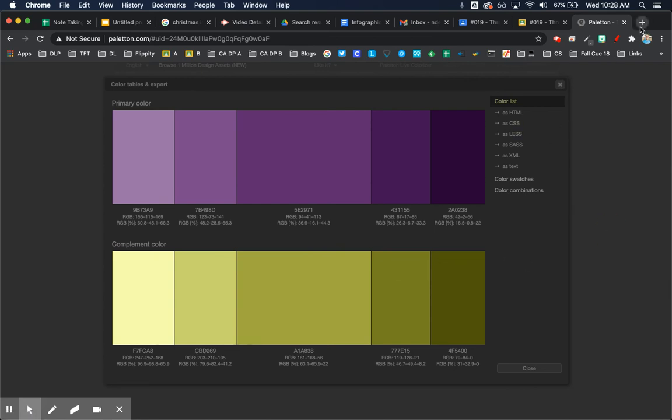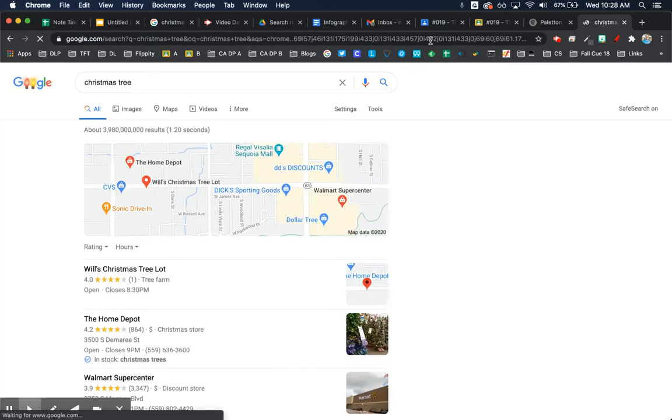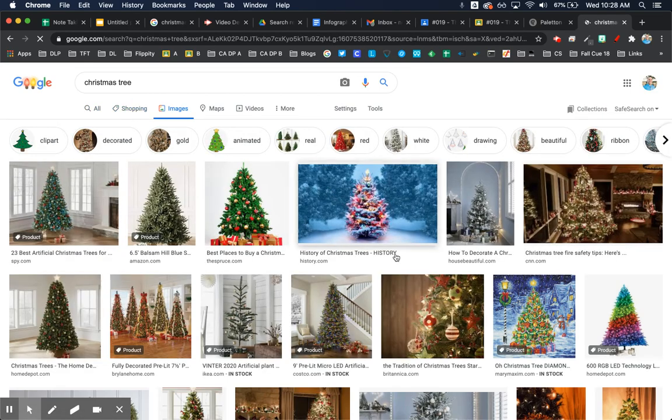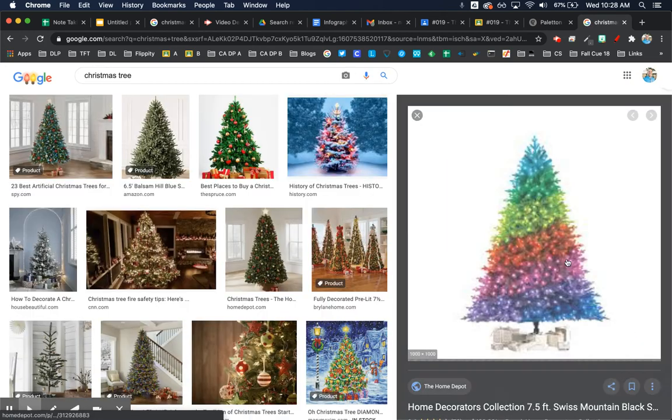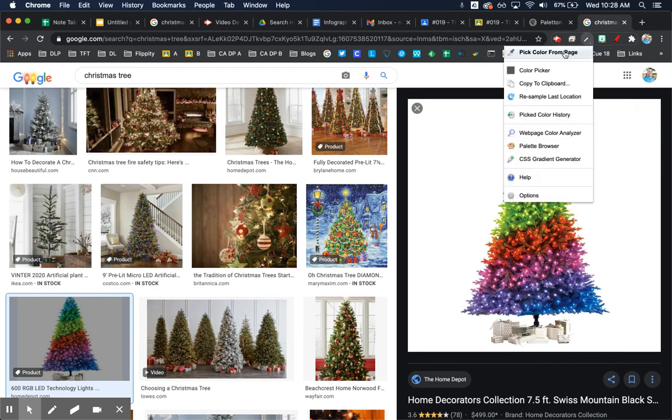Now, let's say though that there's something that you want, like, I know the color I want. This thing has a really awesome color, and I want that specific color. And maybe I want to make my color scheme based on that color. So maybe I look at this thing right here. There's an extension called ColorZilla. And what ColorZilla does is allow you to pick a color from the page and it will find that color's hex value so that you could choose to use it in the Paletton tool